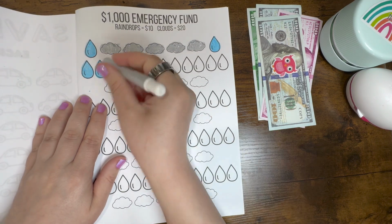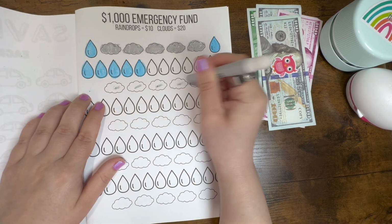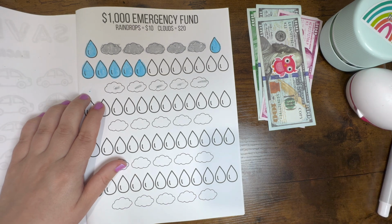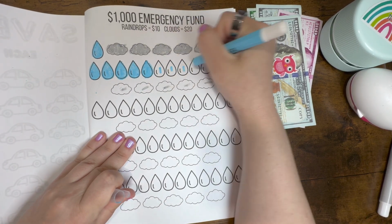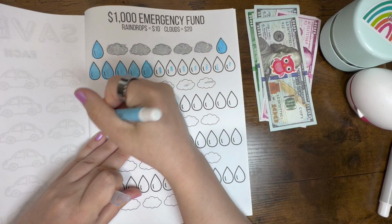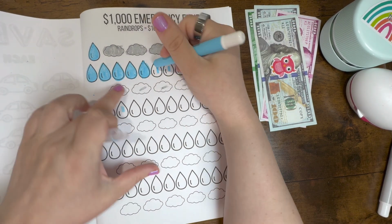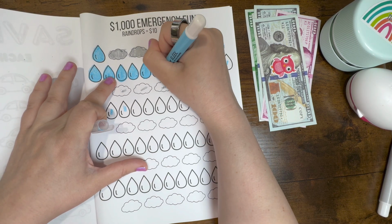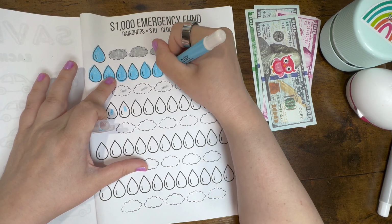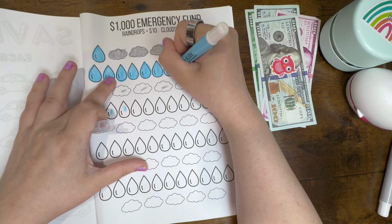So we're doing 200. So 20, 40, 60, 80, 1, and then let's do 10, 20, 30, 40, 50, 60, 70, 80, 90, and 200. Perfect. So yeah, things are going to be probably a little bit crazy around here, different,